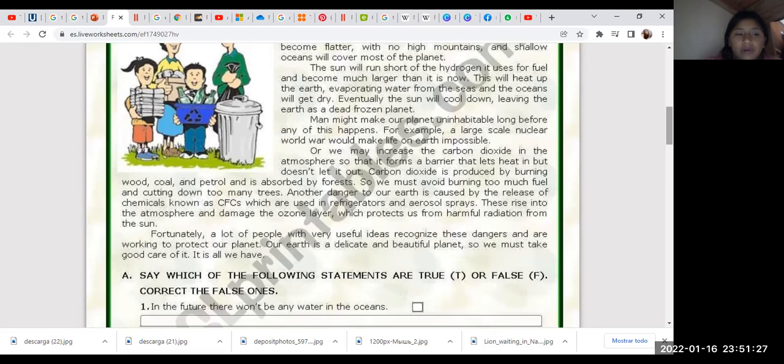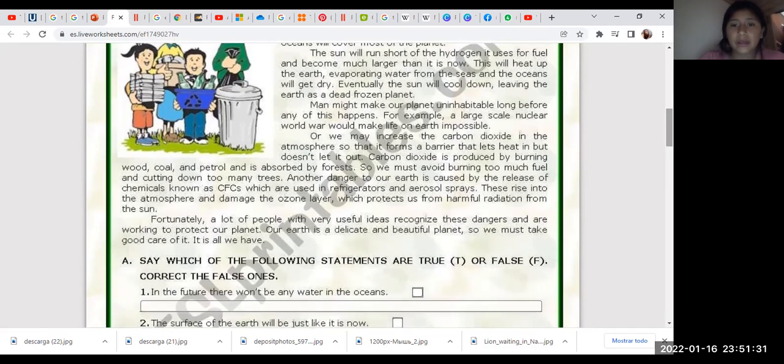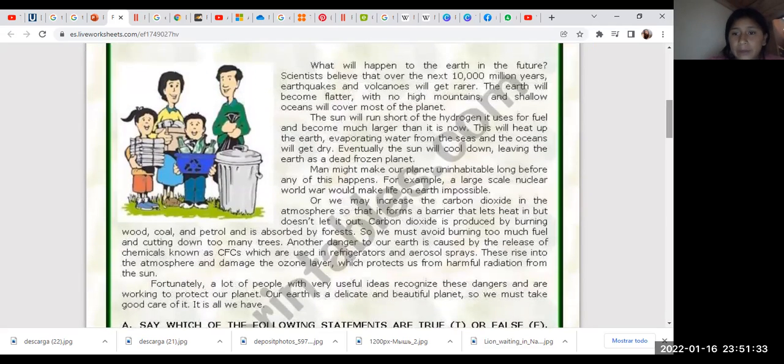We complete the correct answers. For example, in this case, the ideas that repeat most are planet. Another idea is the air will become fainter, with no high mountains and shallow oceans.